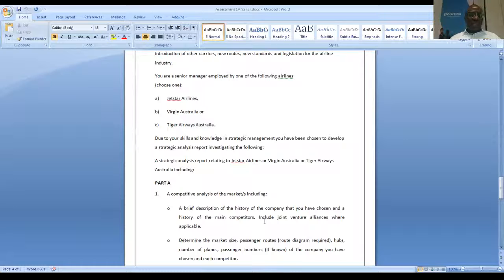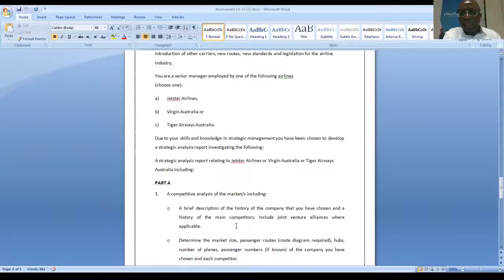So what is this? To start with, before you do that, you're going to give us a brief description of the history of the company you have chosen. Is it Jetstar, Tiger, or Virgin? And the history of its main competitors. Who are the competitors? So who are the other guys in the game? If you've chosen Tiger, that means you're talking more of the domestic market. Who are the other guys? If you've chosen maybe Jetstar or Virgin Australia, Jetstar has international and domestic routes, so we'll be saying who are the people that they compete with, and the players in the game,